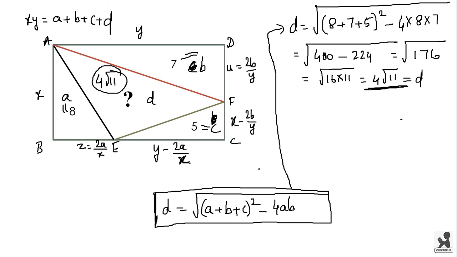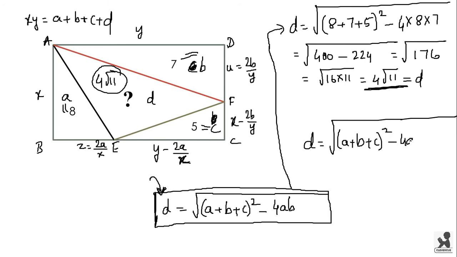These questions might come, so we will not have all this time to calculate the relation between a, b, c and d, that is the areas, small a, b, c and d. We cannot find the relation between these areas in a very short time. So we have to remember this formula. The formula is d is equal to under root a plus b plus c whole square minus 4ab. This is the formula to find the value of d.